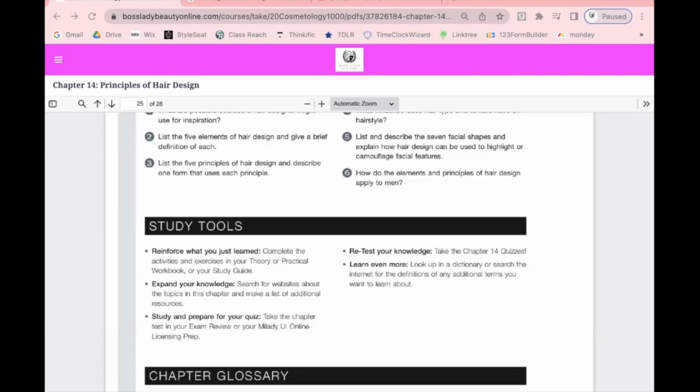And you have color, all colors from black to blonde. You have wave patterns, curls, crimping, deep waves, tight waves. All those are essential. And we also have learned that proportion, balance, rhythm, emphasis, and harmony, which again is part